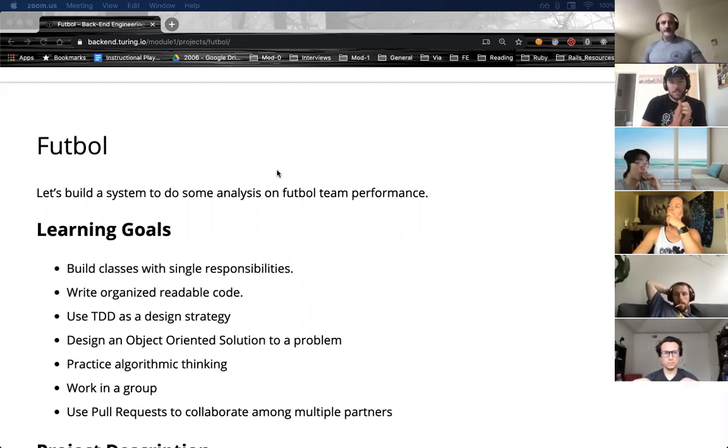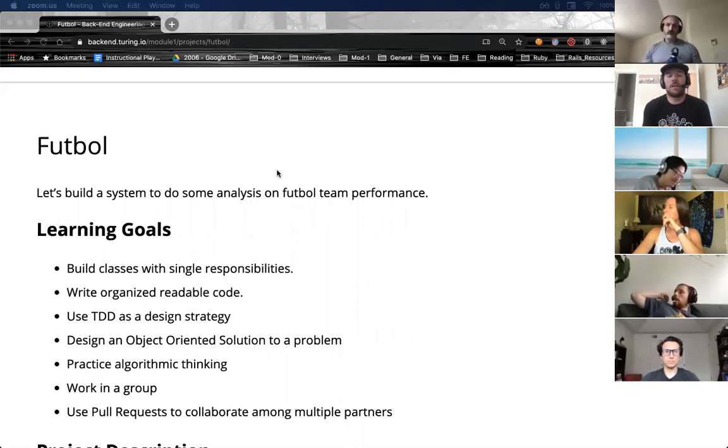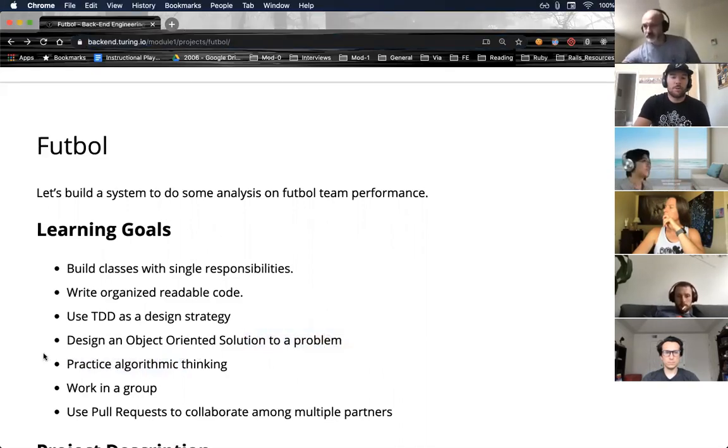But the two things that I want to really point out that are part of these learning goals, it's similar to what we've done before, but the biggest one here is this focus on design. So design an object-oriented solution to a problem.